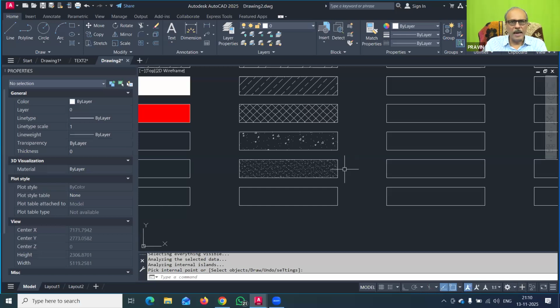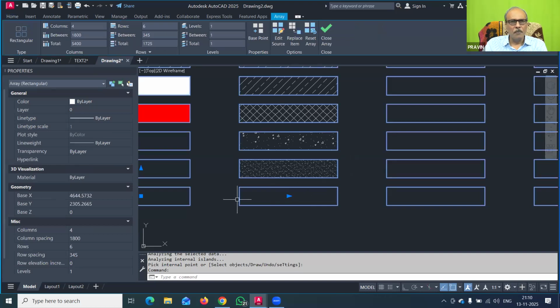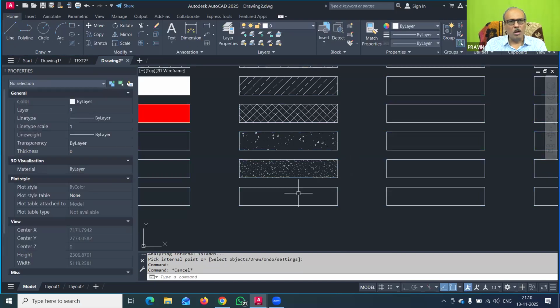But remember here that the box that I have drawn, the size of this box is 230 by 1200. So you have to remember this is a 230 wall and 1200 long. So 4 feet by 9 inches, this box was there, and inside that I am using these various symbols.